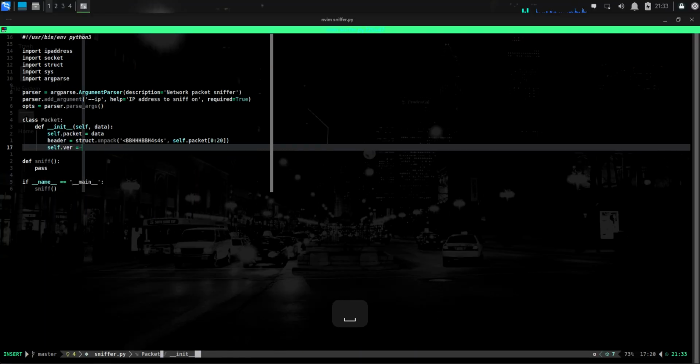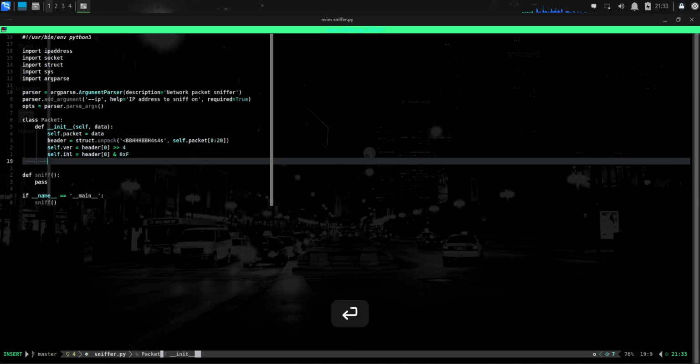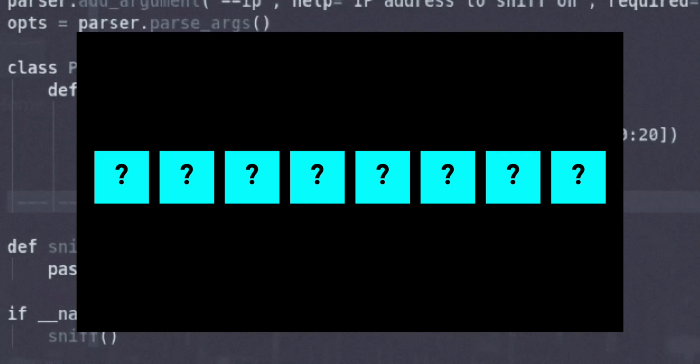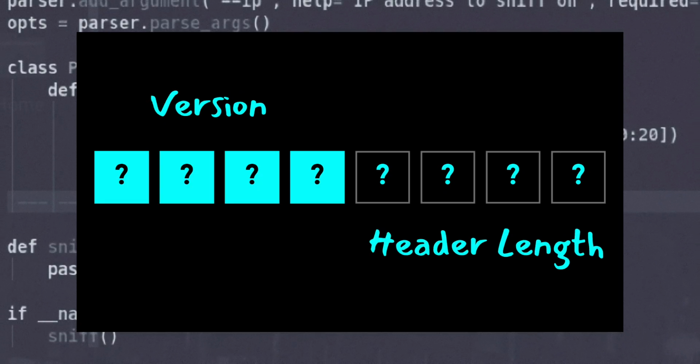Let's go back to the script and extract the first 2 fields. As mentioned earlier, we need to do bit manipulation to extract the version and header length properly since both of them are 4 bits. Let me explain these next 2 lines. A byte consists of 8 bits. Each 4 bits is called a nibble. In the first 8 bits of the IP header, the first nibble is the version while the second one is